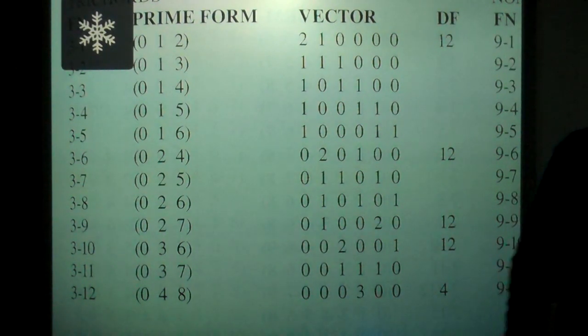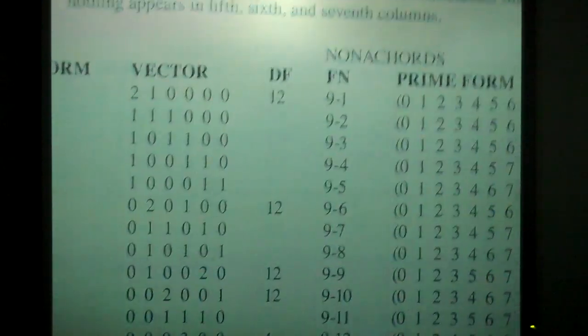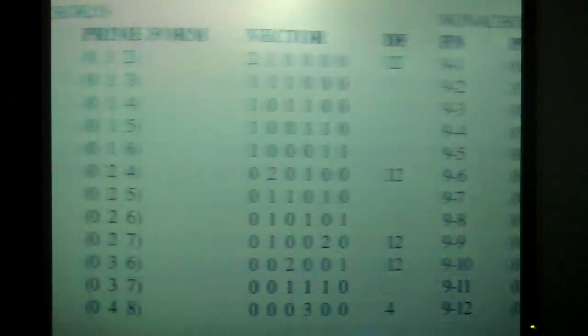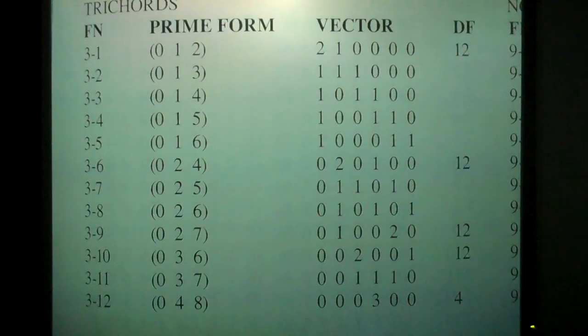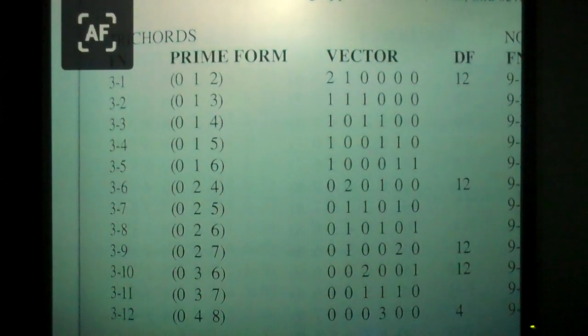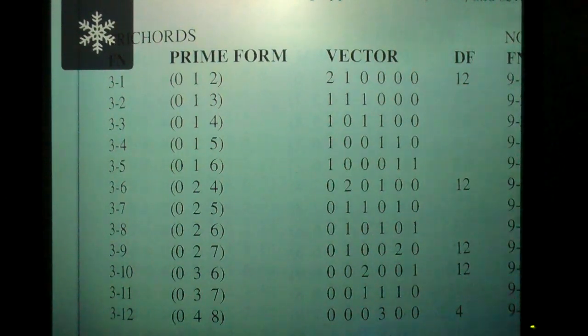Well, let me go ahead and unfreeze this so that you can see everything there. Yeah, I guess I'm not going to be able to get it any better than this. This is about as good as I'm going to be able to get it. Okay, so